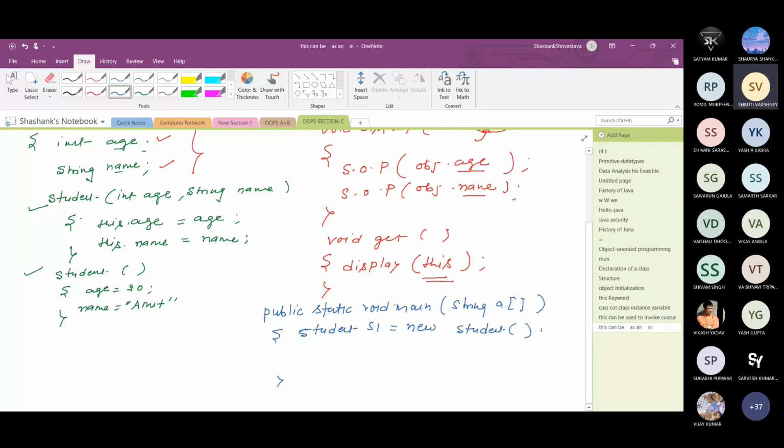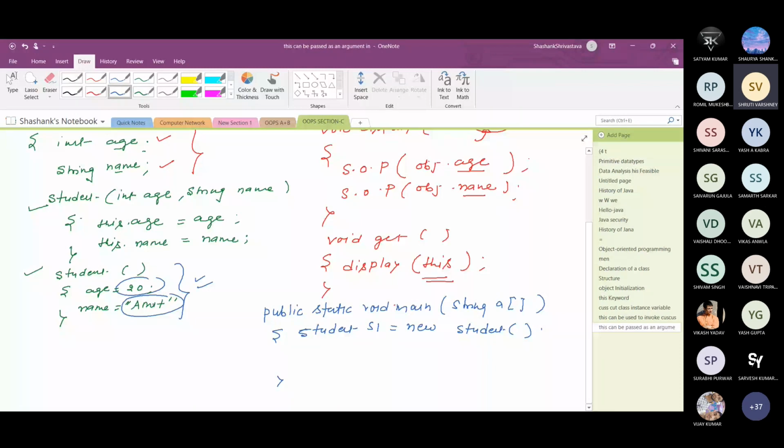If I write student s1 equal to new student, which constructor is called? Actually this constructor is called, and in this constructor age is initialized with 20 and name is initialized with Amit, which is already defined, which is fixed.